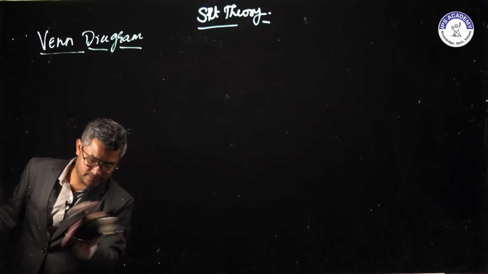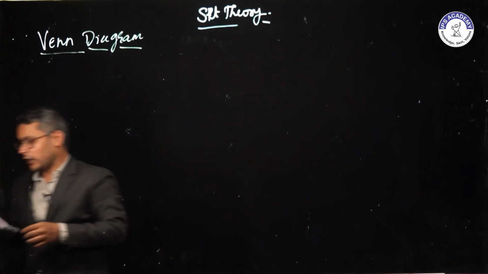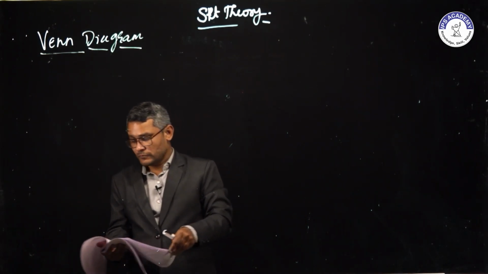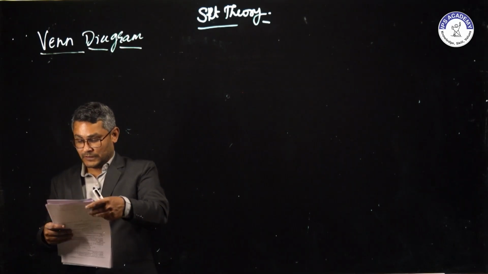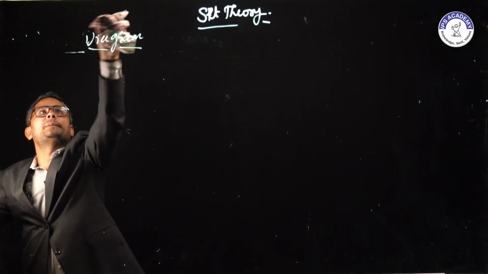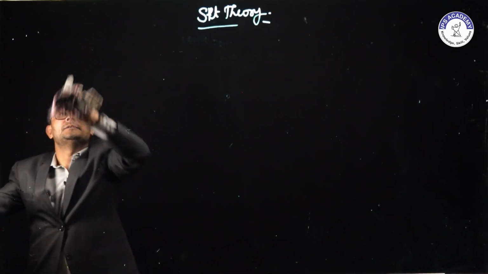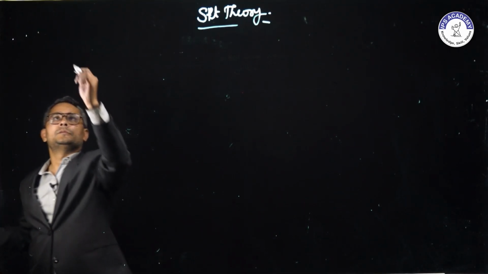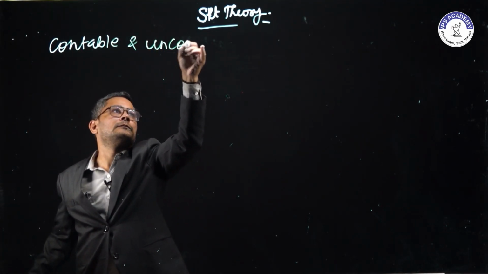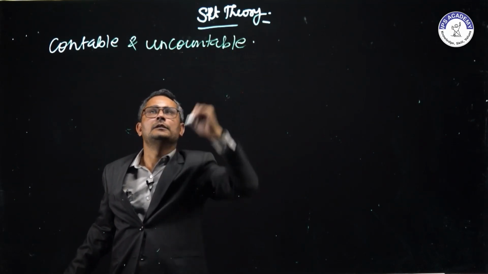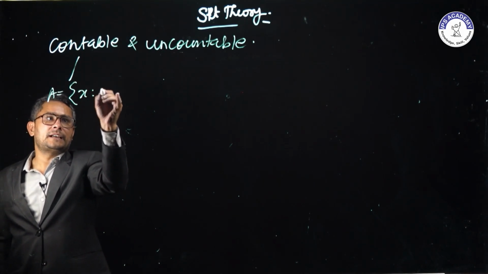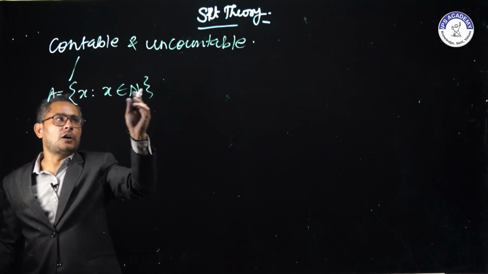The operations we see right now, or till now, are the basic operations, but there are some special operations of set which we need to understand. First thing, two things you need to know: countable set and uncountable set. So countable and uncountable, right? Countable is definitely the set where the elements belong to natural numbers or some range like